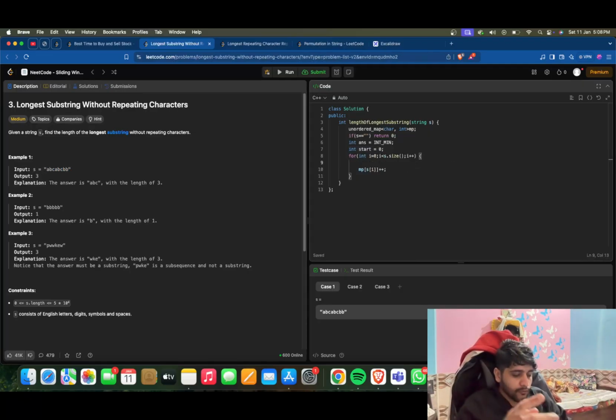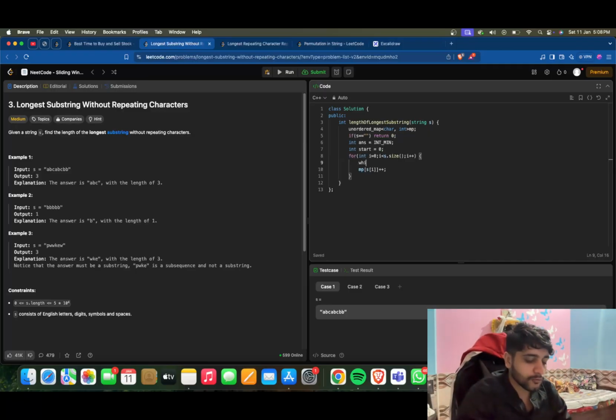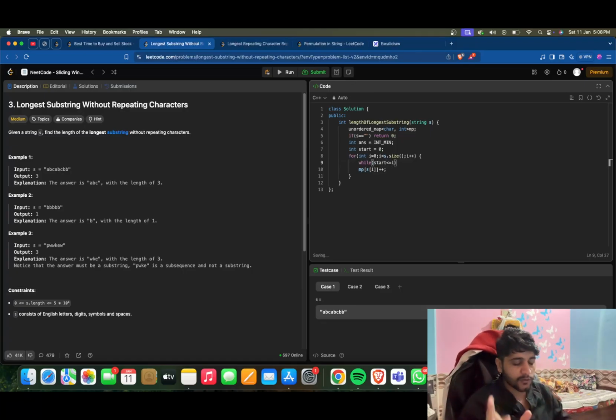So when we have to remove the element, when we are already having that in the map, right? So while start is less than or equal to I, we need to do this, because the start index of the substring must always be at most the end index. End index is the I, start is the start. Okay, and if mp of s[i] is greater than 0,